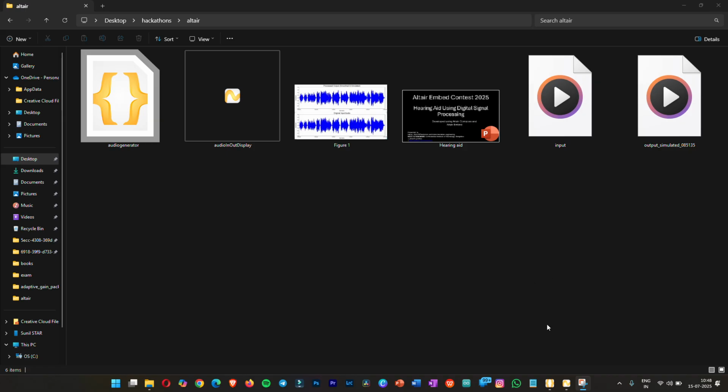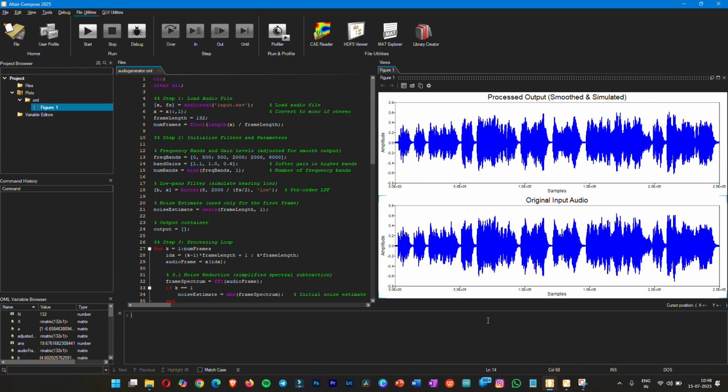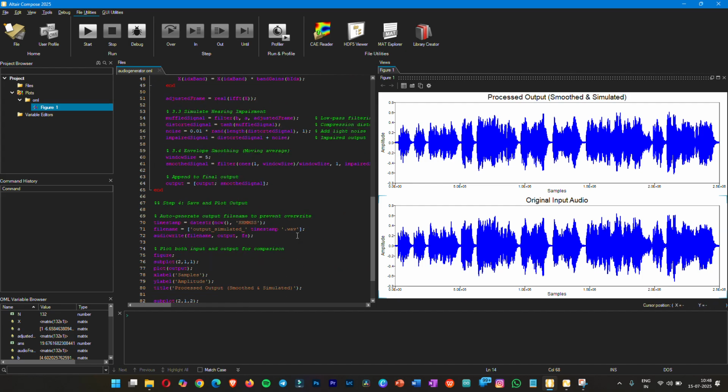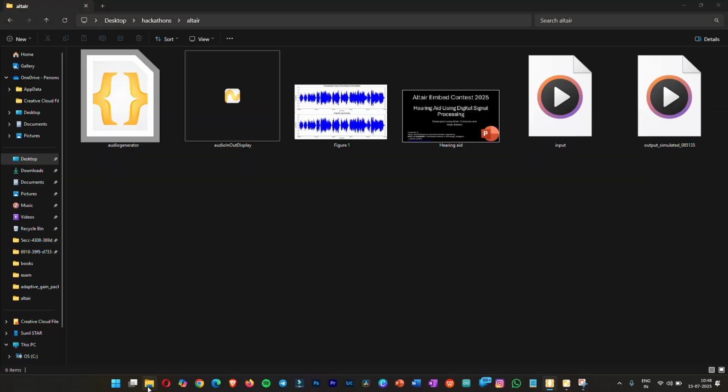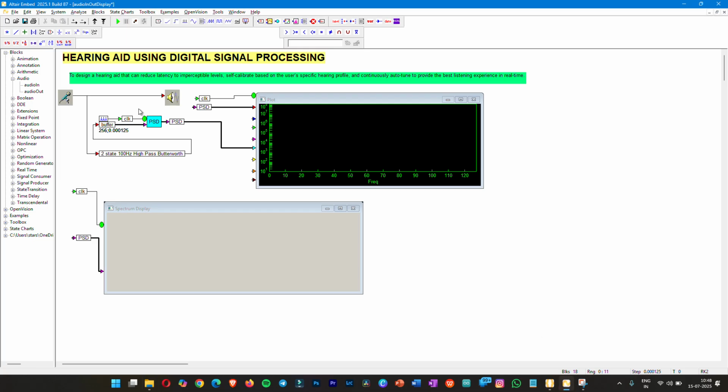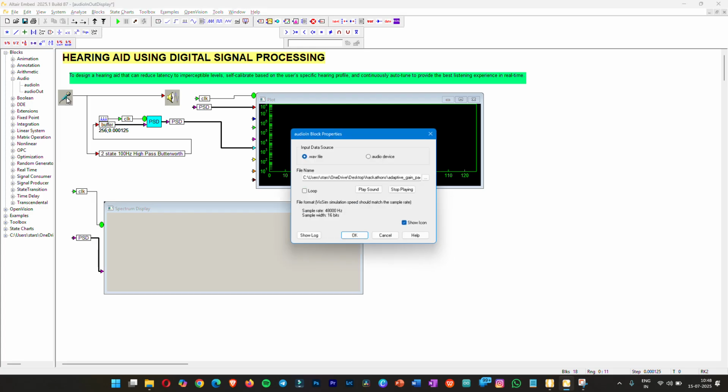So let's see the. So this is the program I used for DSP analysis. So this is the original output, and this is the filtered one. So when I plot this graph and after running this, we get a file named output simulated. So this is where we can use it for,